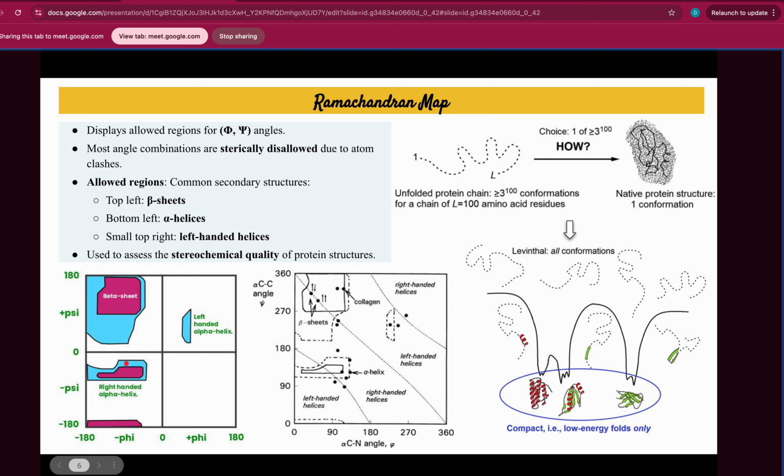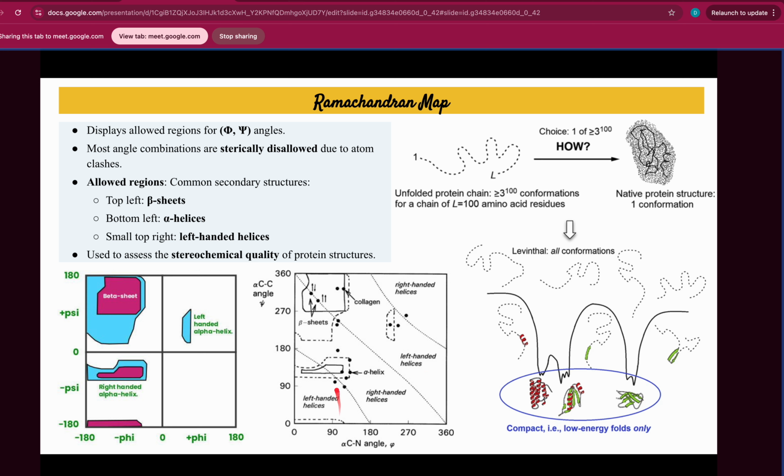And then this particular region, which is the bottom left region, represents that if phi psi values are present in this region, then they will give rise to the right-handed alpha helix, and if they are present in the top right region, then they will give rise to left-handed alpha helices. This is also a representation of the Ramachandran plot, which has divided the entire plot into different regions. So if values of phi psi lie between this range, then they give rise to right-handed helices. If they lie in this range, then they give rise to left-handed alpha helices, and then again right-handed and